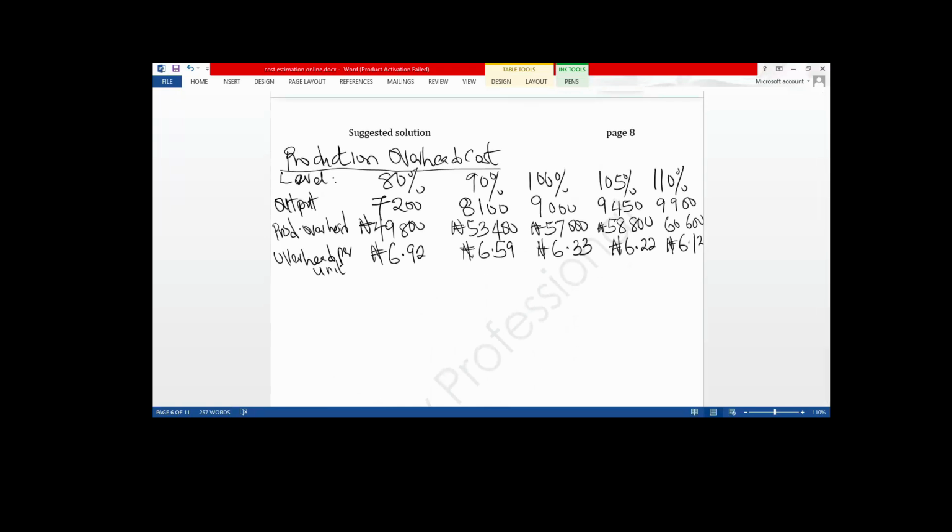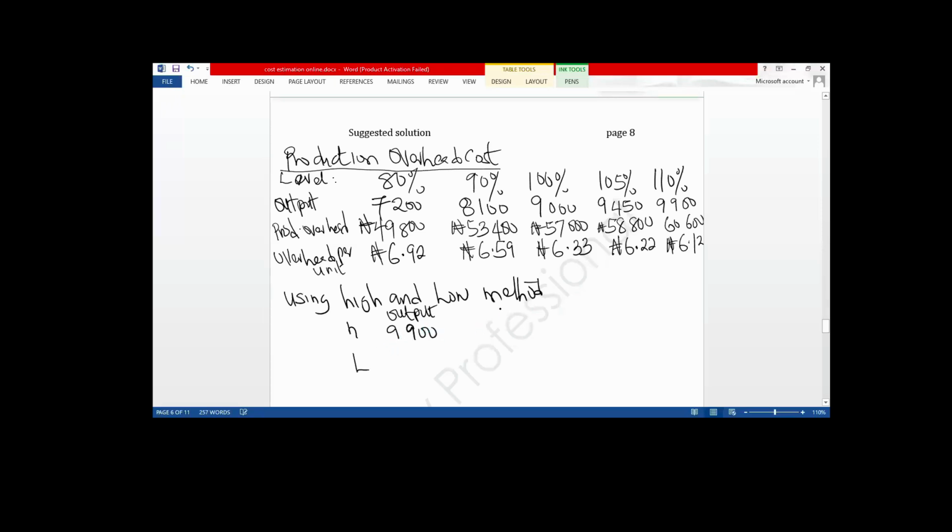We come here using the high and low method. That is high, low. Output here. The output here,